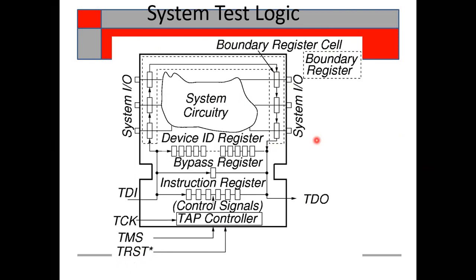The boundary scan registers in the ICs are linked serially in a single chain with the input TDI and the output, which we call the TDO. Output is the TDO, input is the TDI, or test data in, test data out. The TCK, TMS and TRST, that is the timing or clock signals, are connected in parallel to all of the ICs. Even when we are designing a number of systems,